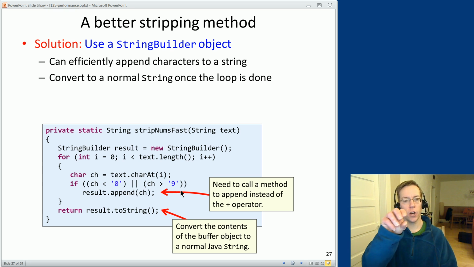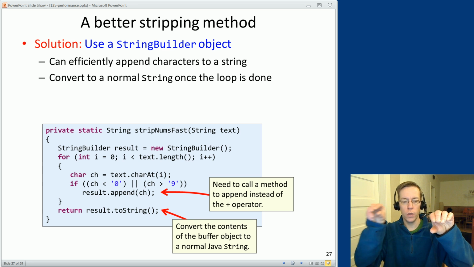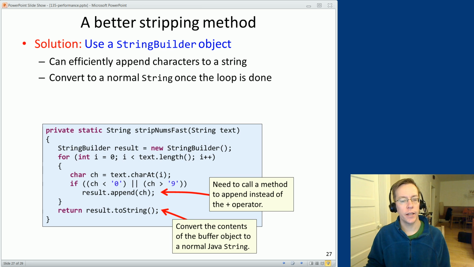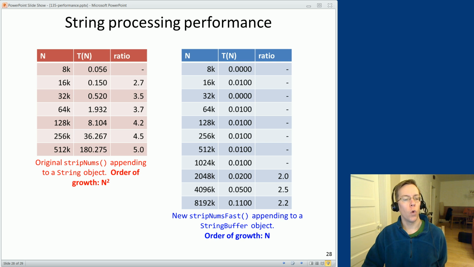It just adds on to the end without having to copy the rest of it. It just keeps chunking new characters on the end, and it doesn't have to do the copying, and it doesn't have to throw away the old answer. And this makes a massive difference. If you run that